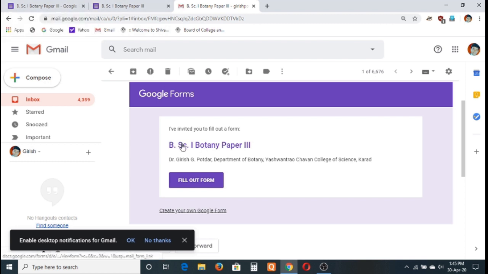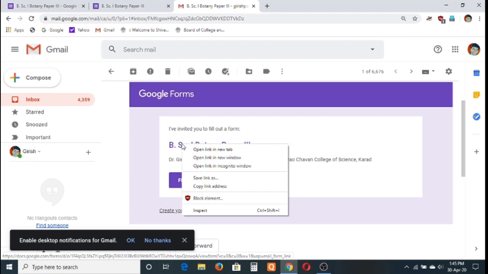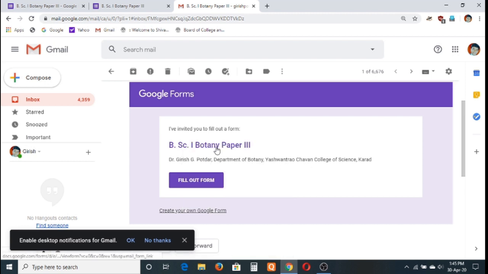You can also copy the link in this way. You can see save link as or copy link address. On the mobile you can also copy this link and you can send to the WhatsApp group.